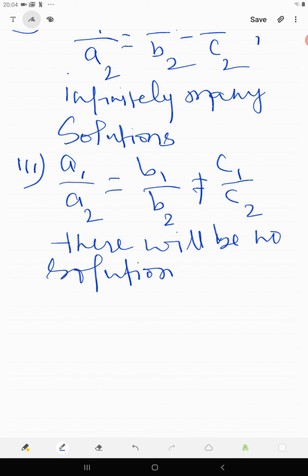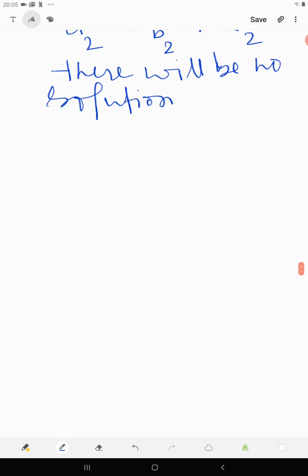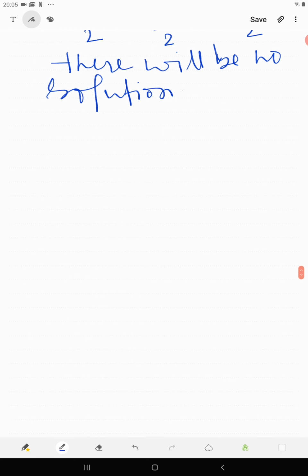Now we have seen that if a pair of equations is given, how will you determine the solution based on the cross multiplication method. It's very simple. There is a very important formula. I'll tell you how to remember the formula. So the solution is determined by this, but I'll tell you the method to remember. So x by b1 c2 minus b2 c1